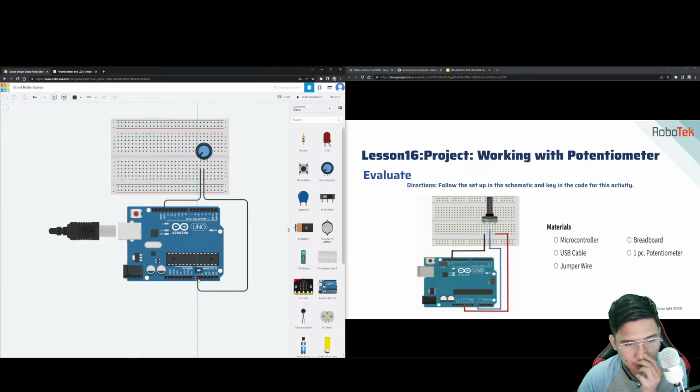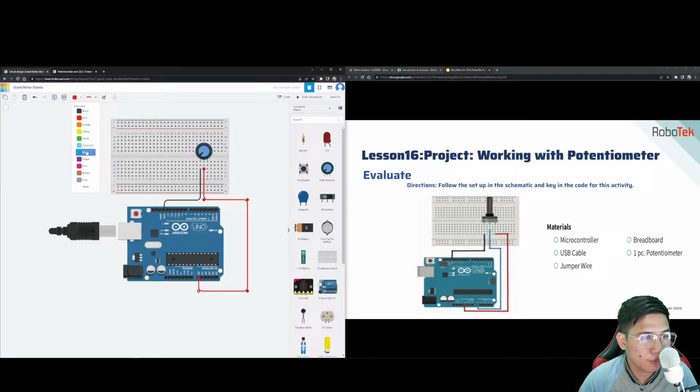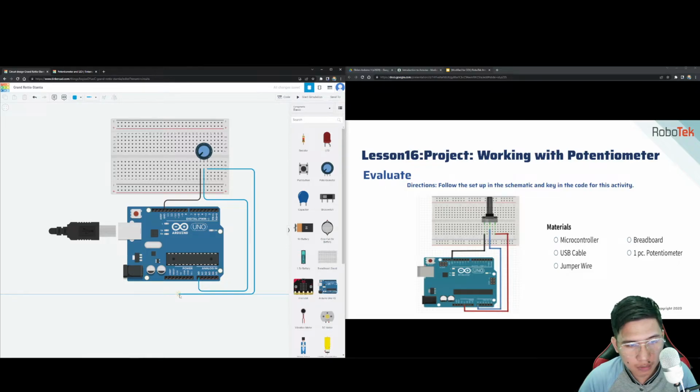Punta natin yan dito. And let's change the color to something like blue. And the third pin, this one, will now be placed directly to the 5 volts. Yung 5 volts natin dito. Di ba? We have here the 5 volts. Ayan. So, kapag gagawin natin yung code,